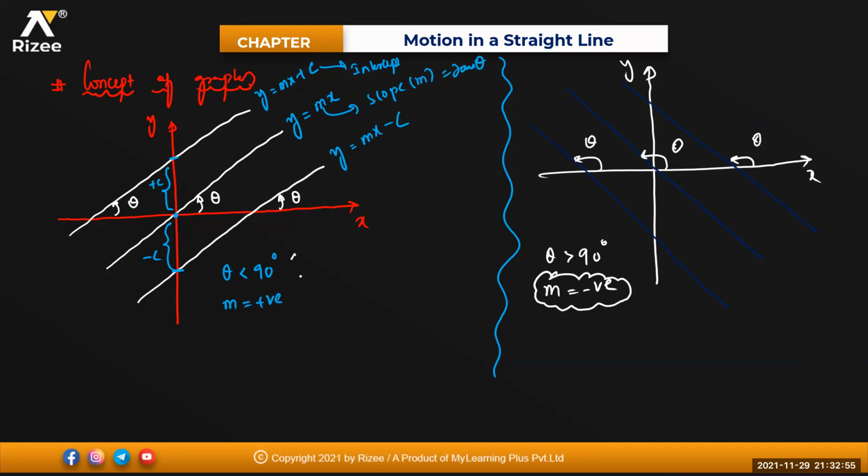Okay, theta lesser than 90 degrees is known as acute. Greater than 90 degrees, obtuse. Clear? And this is having the positive intercept, that is plus c. This is having the negative intercept, minus c. So this will be the equation y is equals to mx minus c. Slope is also negative. And y is equals to minus mx, and for this one, y is equals to minus mx plus c. Clear, beta? Is that clear? Yes, sir. Sure, very good.